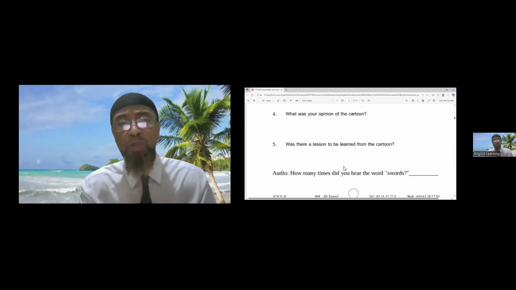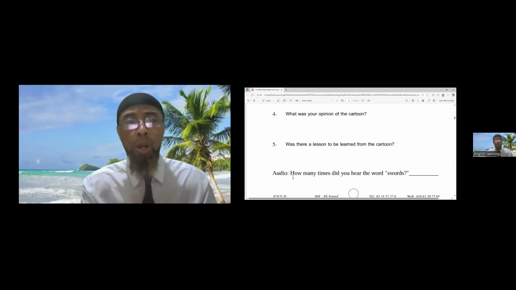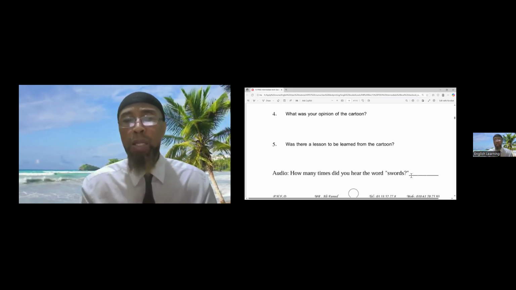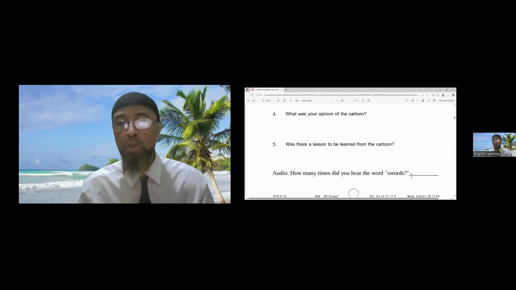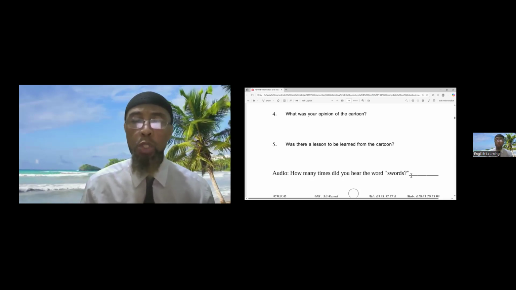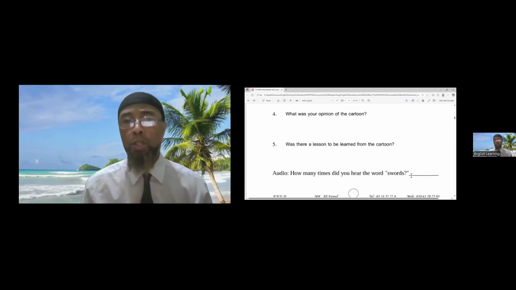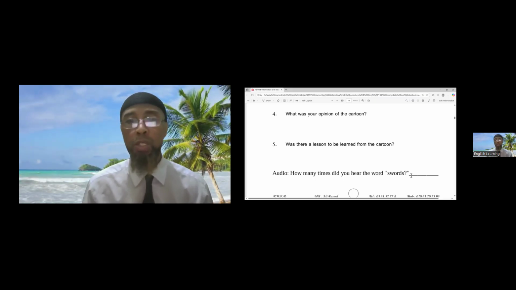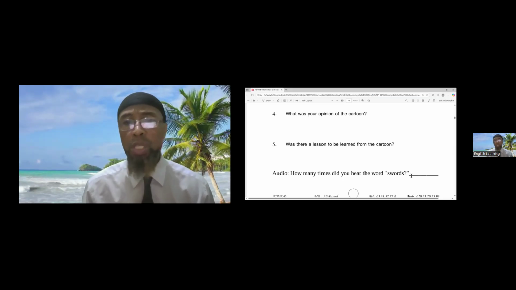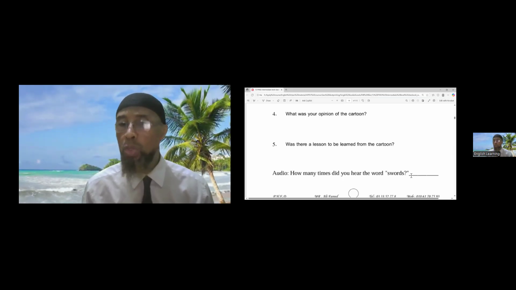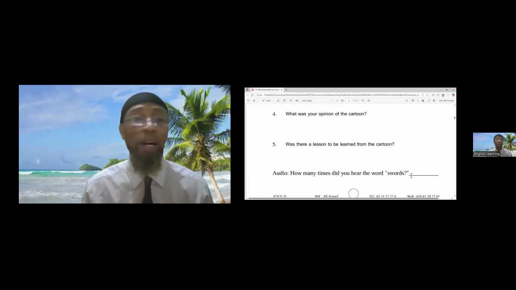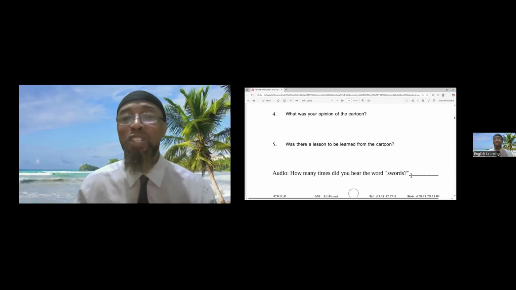All right, at the bottom here, this is very important. Don't skip this. It says audio. How many times did you hear the word swords? In each lesson, you'll find a different audio with a different word to search for. So in the homework in the Google Drive, you'll find that the audio says swords word test. So there's always a word test. In this case, swords word test. All you do is listen and say how many times you heard the word swords. If it was one time, fine. 2 times, fine. 5 times, fine. 100 times, fine. But it should not be zero.